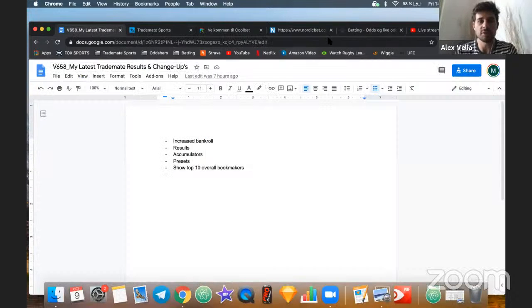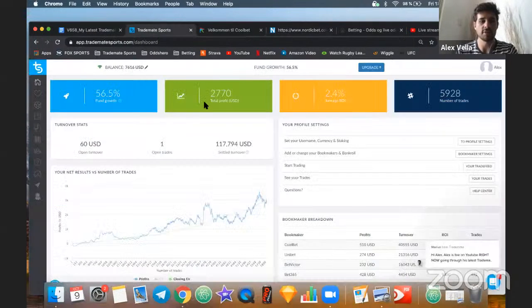For people who are just starting out using Trademate, just make sure you've got the right bankroll in place. You want to maximize your starting bankroll as much as possible, but you don't want to go too high, obviously. $1,000 is pretty optimal. Once you start getting less than that, down to